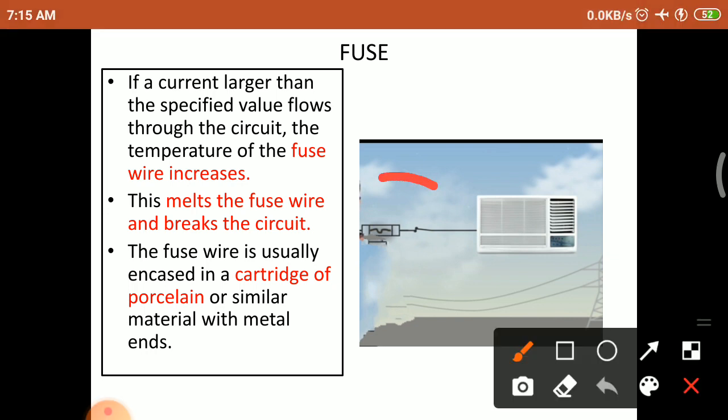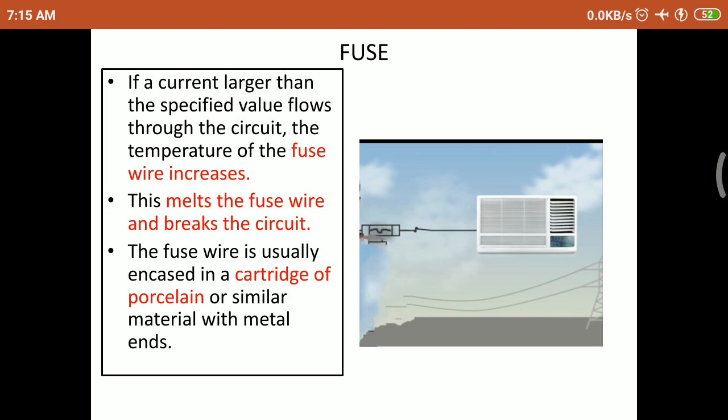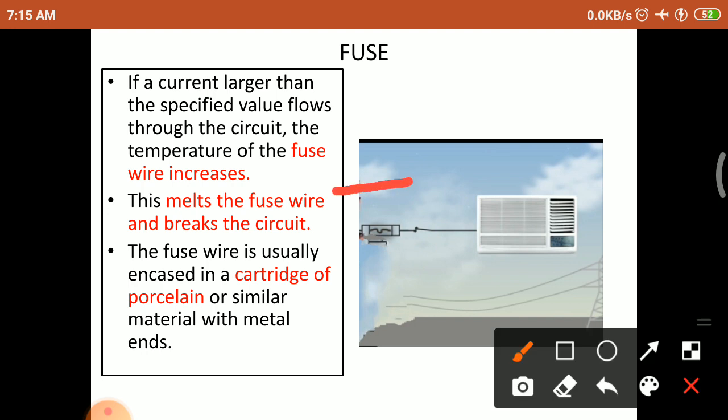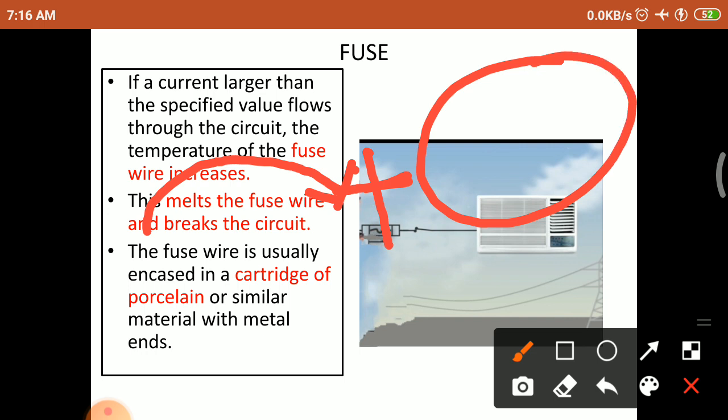See here, what is the use of this fuse wire? When I connect the fuse wire in the circuit, suddenly a large amount of current enters the fuse wire. Due to the large amount of current, it gets heated, and it has a very low melting point. Due to the heat, the fuse wire breaks. So due to that break, we can safeguard our other electric appliances which we connected.